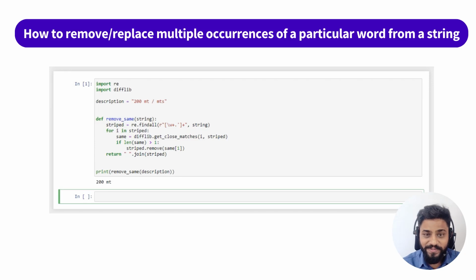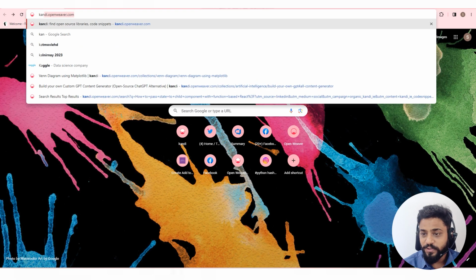Hello. In this video, we'll replace the multiple occurrences of a particular word from a string. To get the code for this use case, go to